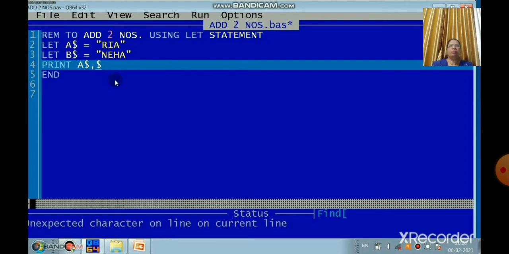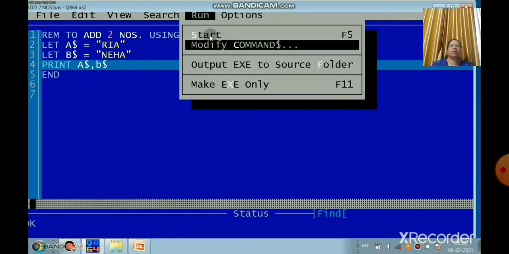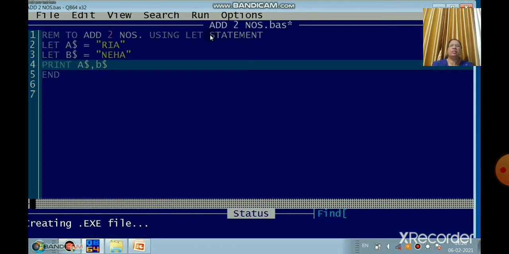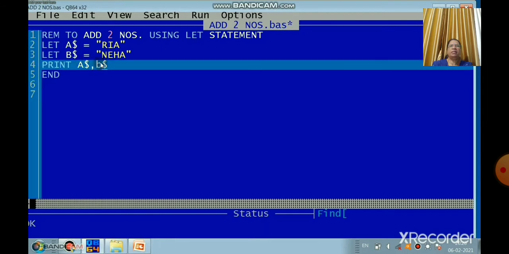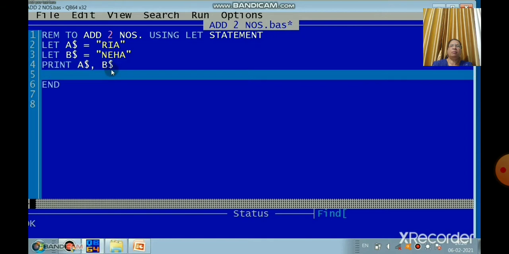Now I want to print the names one after another, so within two lines. I don't want to print on the same line; I want to print on different lines. So I will print one name, a$, and press the enter key. Then I will write print b$ in the next line, because I want to see the result in the next line.